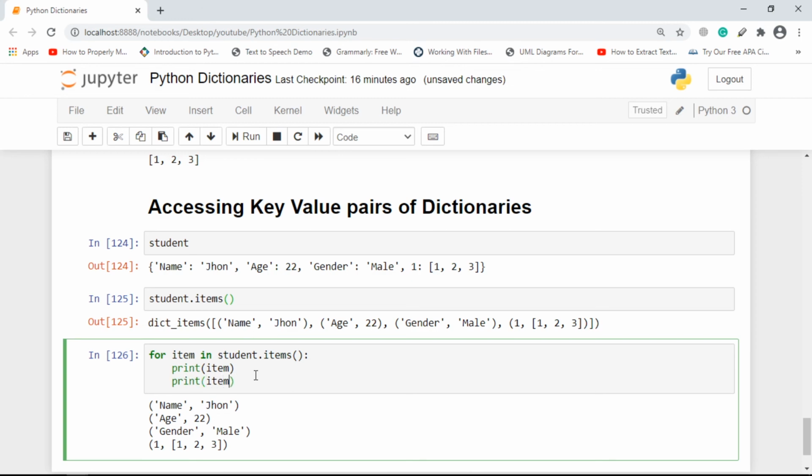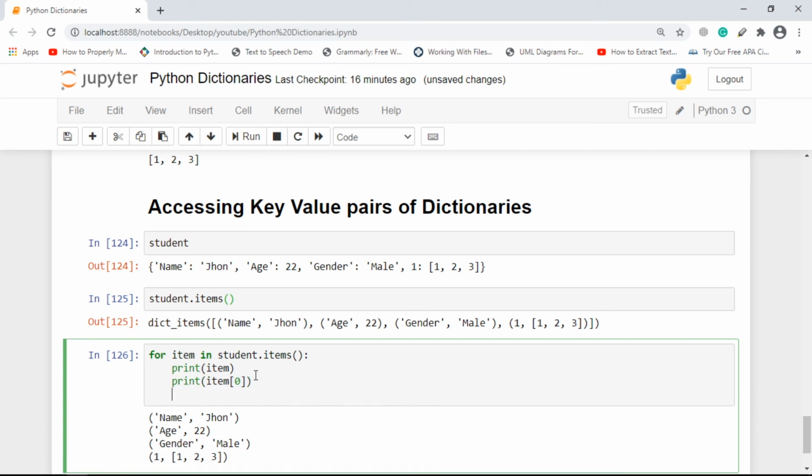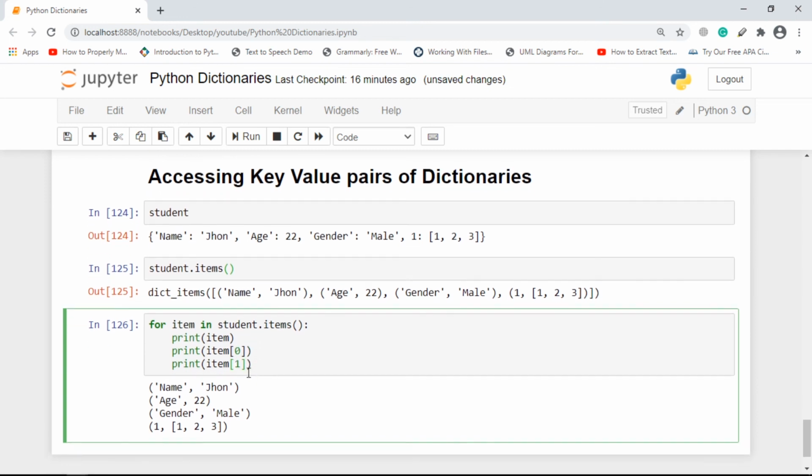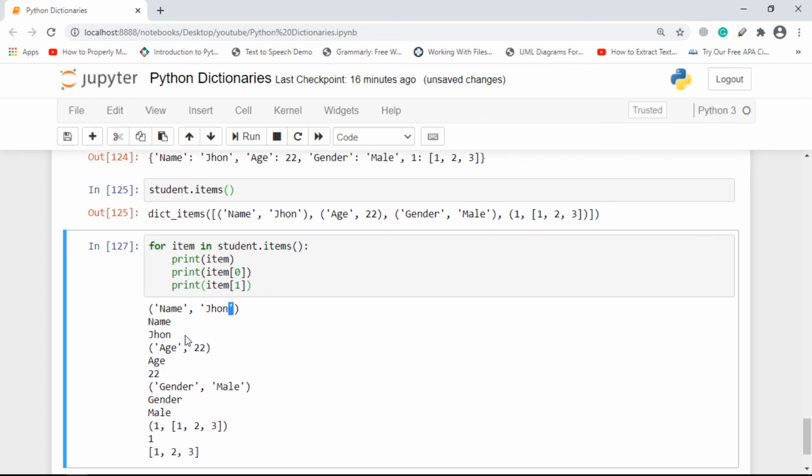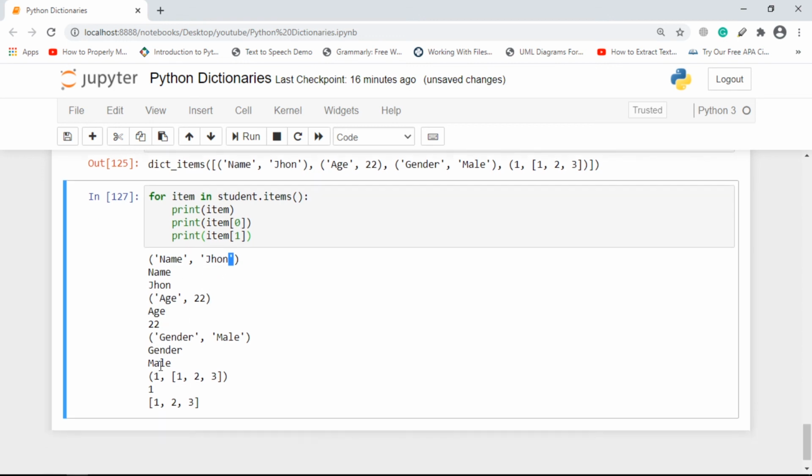You can go for item of 0, and you can also go for item of 1. This item is actually equal to this thing, right? So item of 0 will provide you with this one, and item of 1 will provide you with this one. Notice name John, and then item is age 22, and over here 0 provides me the age, and 1 provides me the 22, and so on and so forth.